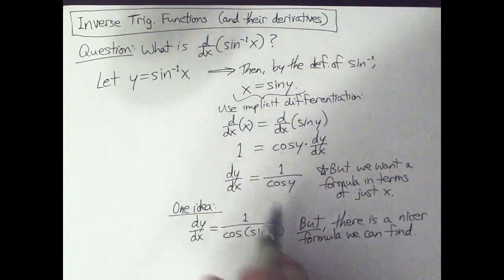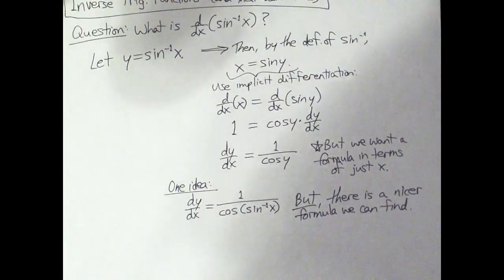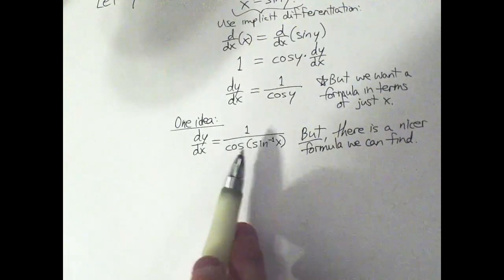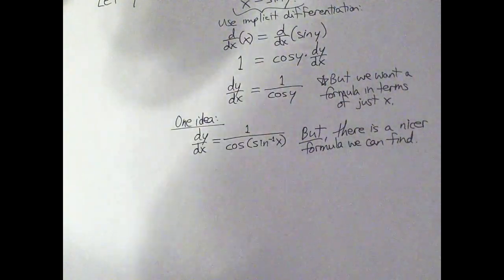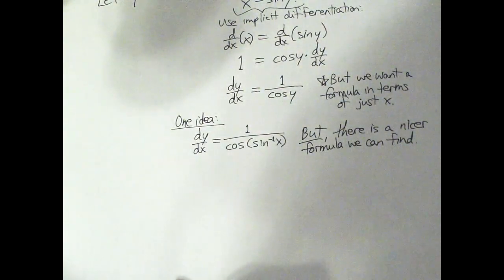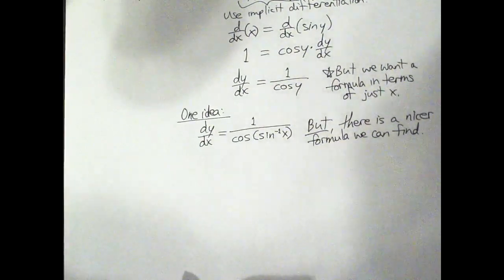So I'm not putting a box around that. That's not going to be the rule that we stick with, because that's kind of weird, right? It's kind of weird to say 1 over cosine of inverse sine. Now, there's something that we can use,